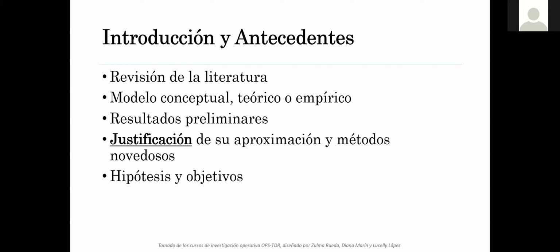We have to put them here because it's talking about our previous experience in this research. So for those who are going to review our proposal, they will base their decision on these results. And then we have to include our justifications and also the novelty of our methods, how we're going to address this research problem. And in the last paragraph of the introduction, we're going to include,